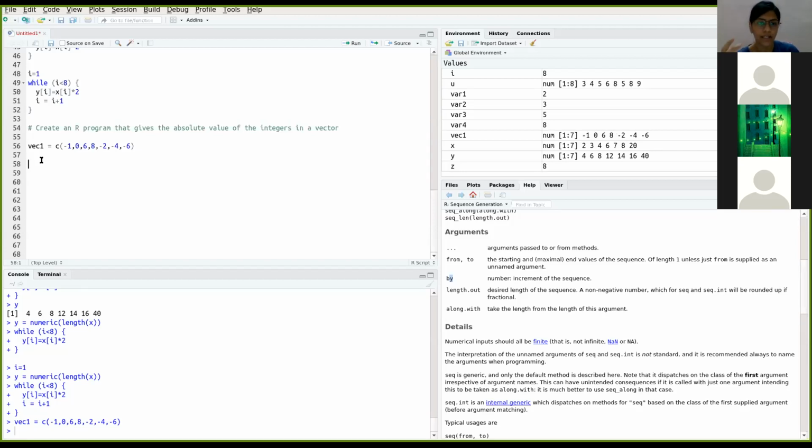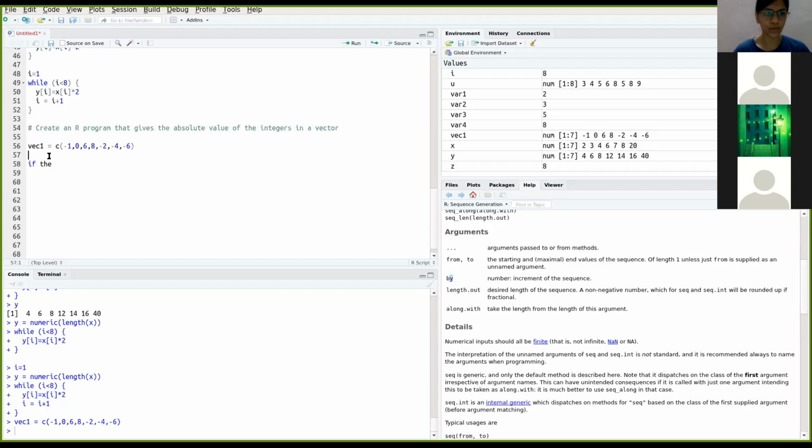Check if the elements are less than 0. If it is less than 0, multiply by -1. Okay, yeah, that is one of the options. So we'll just try to write a pseudocode first. One of you just said that you look at the logic. So the logic is, we will check if